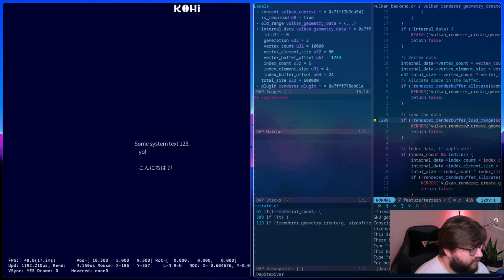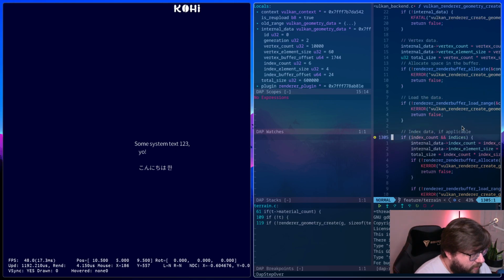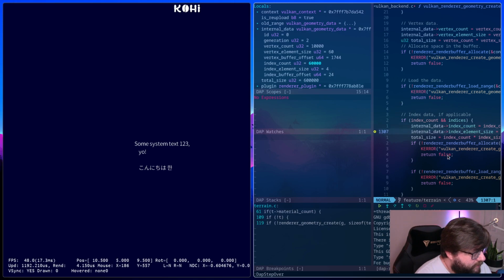So this is actually what loads it into the buffer here. Yeah, 4 would be the old value. Yeah, exactly. I have to step over it. So the index count is there.